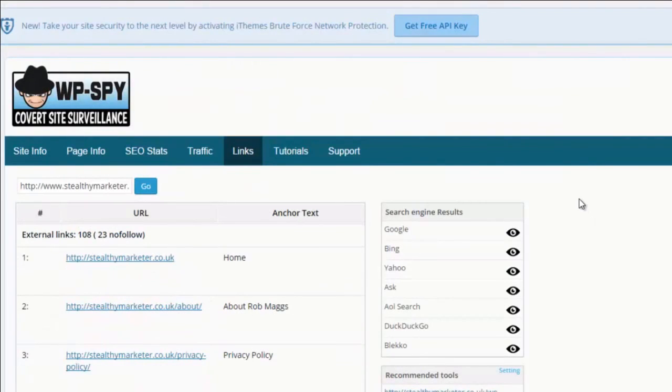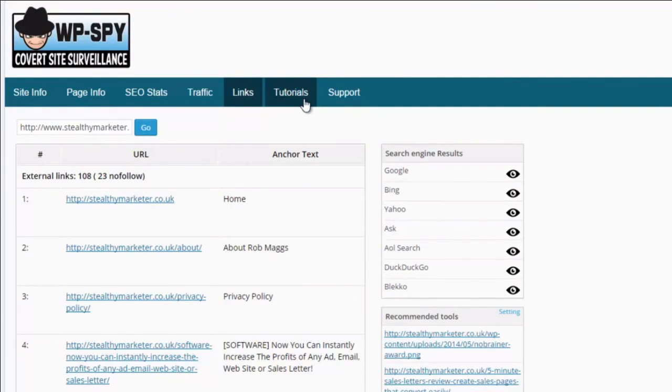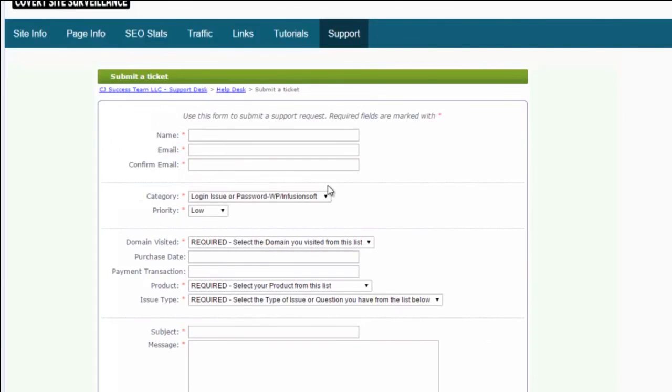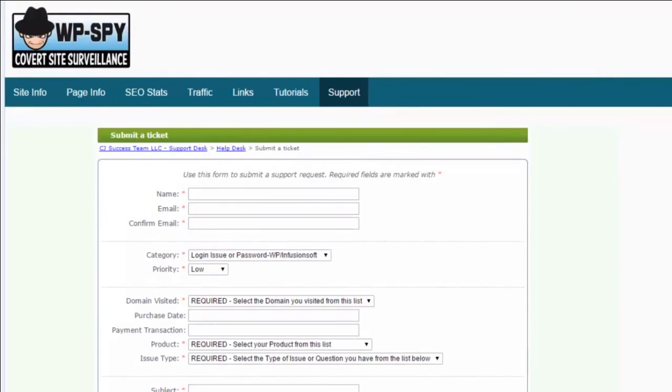You can also see the search engine results, and you can spider the site that way by clicking on the eye icon. Next we have a tutorials page that goes over the setup and use of the software. And then lastly, a support page here. And on the support page, you can immediately put a ticket into our help desk if you have any problems. We've really set out to make things as simple as possible for